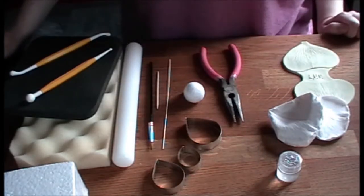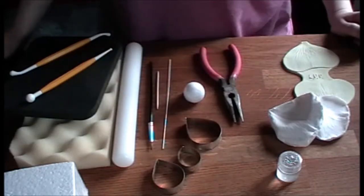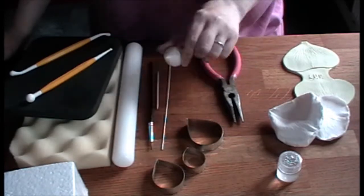Hello, today I'm going to show you how to make a stylised sugarcraft rose. This is some of the equipment we're going to be using today. We need some metal rose petal cutters, a cell bud, this is the 28mm, the largest size they do,